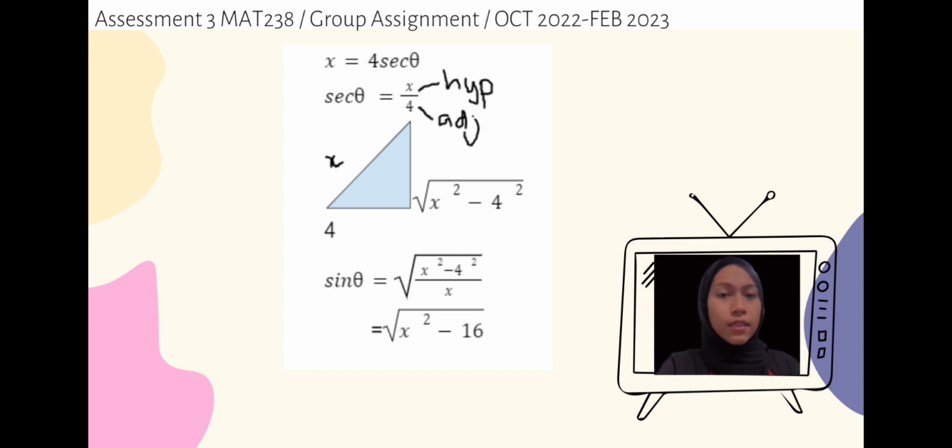Then we need to find sin theta. We know that sin is opposite over hypotenuse. And that means we get square root of x square minus 4 square over x. Then we need to simplify it to square root of x square minus 16 over x. So from the sin that we get, we are going to put that into the equation that we have, 1/16 sin theta. So it's going to get the last answer, the square root of x square minus 16 over 16x plus